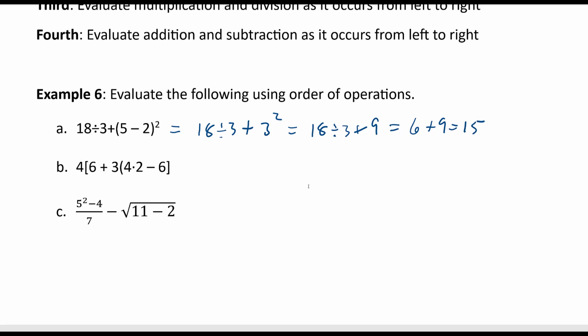And I see a problem here. I think there's supposed to be a parenthesis right here. Okay, so here we have 4 times the quantity, 6 plus 3 times the quantity, 4 times 2 minus 6. So within the parentheses, I'm going to do this,